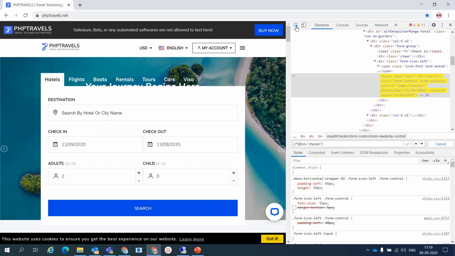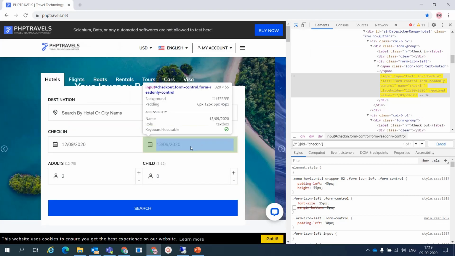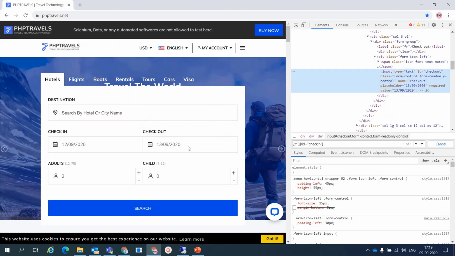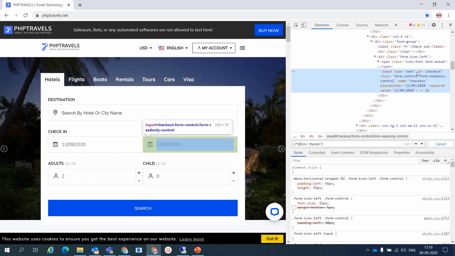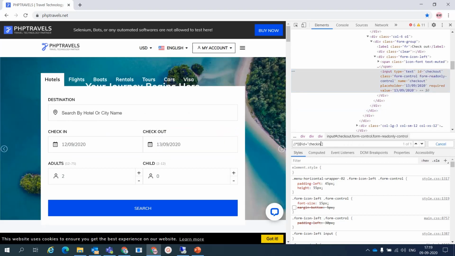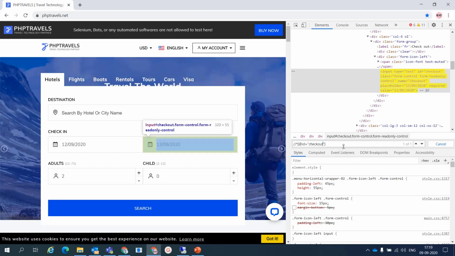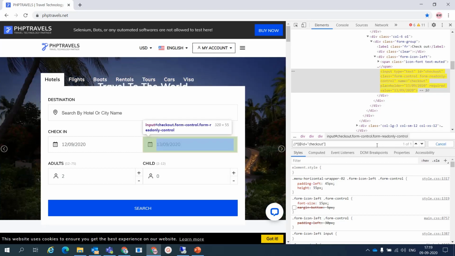Now I will go to find the XPath of this checkout. Here also you can see they have used ID. So instead of right click and copy, I can just go here and type ID. Here you can see 1 of 1 means this XPath is unique. It is not locating any other web element.